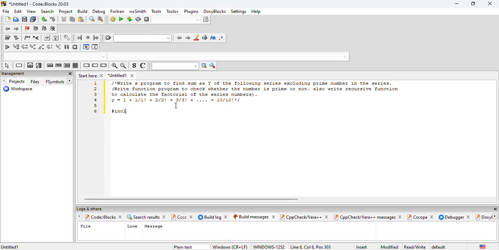As include stdio.h, and we can include conio.h. It doesn't need conio.h, but if you do this program in Turbo C, you will need that. So in main, we can first create a main function and check if it's working or not. Now what do we do is